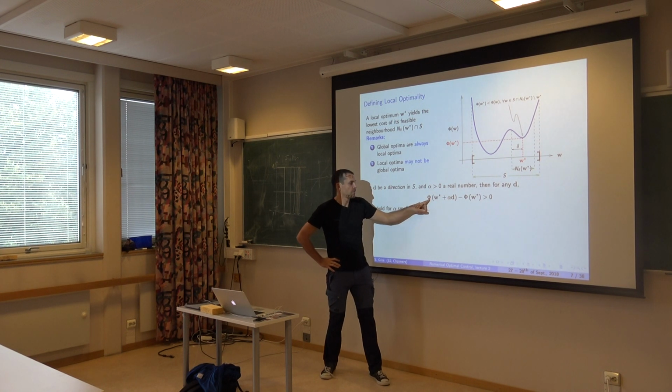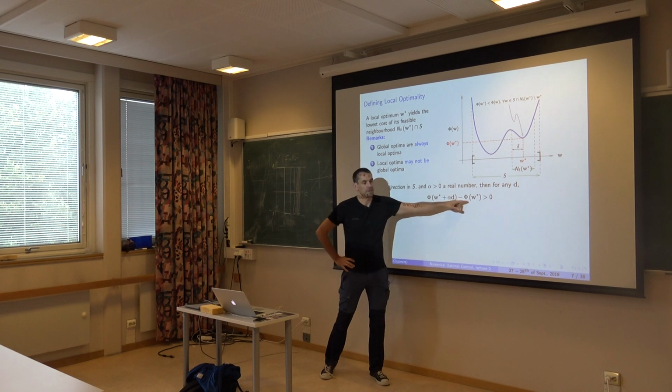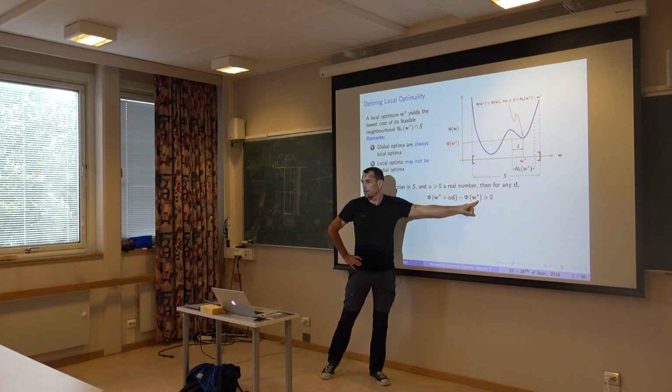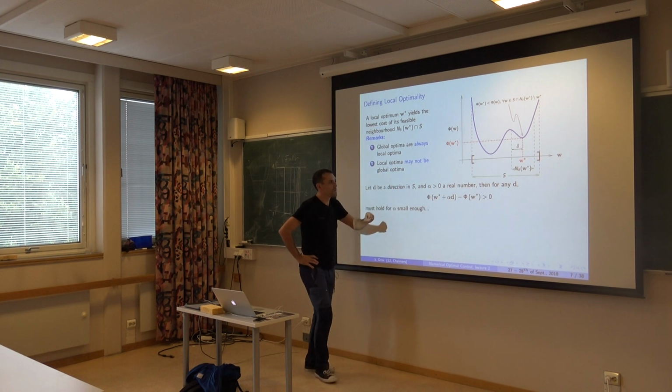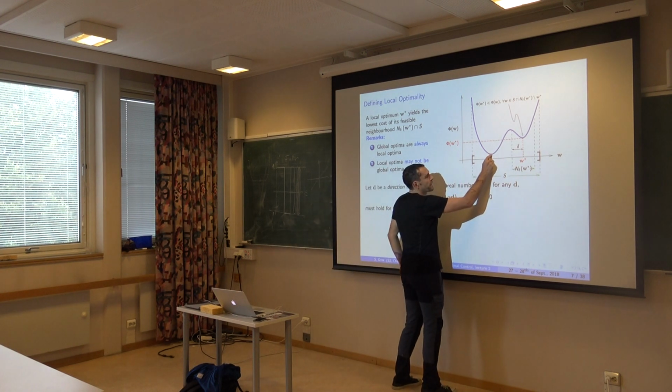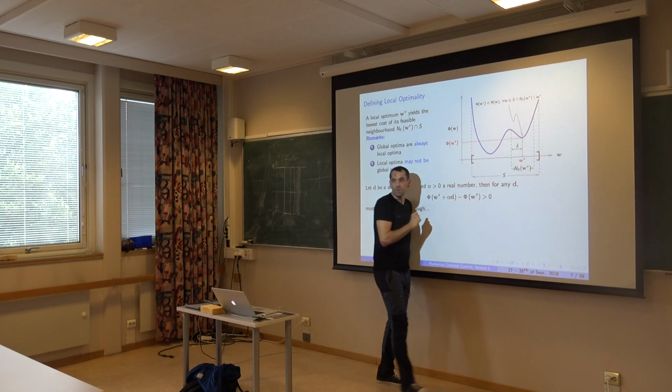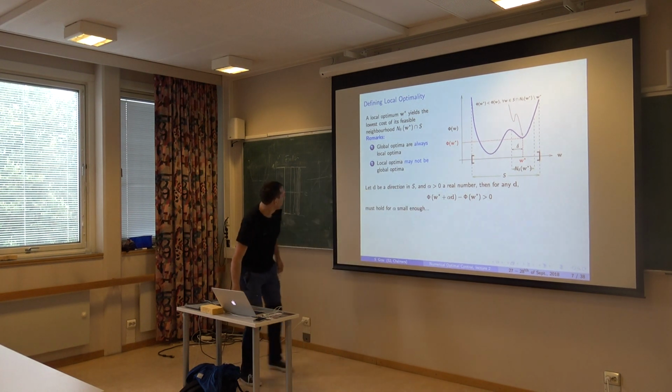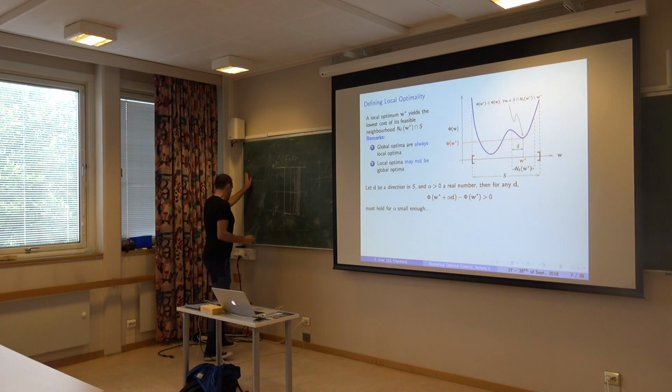So phi of W star plus alpha d is larger than phi of W star, right? Should feel kind of obvious here. If I'm at that point, the feasible directions would be basically the neighborhood. And if I move along these directions, the cost function will increase, right? But the definition is a bit